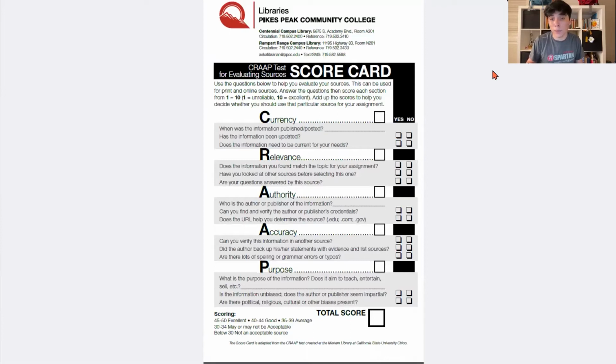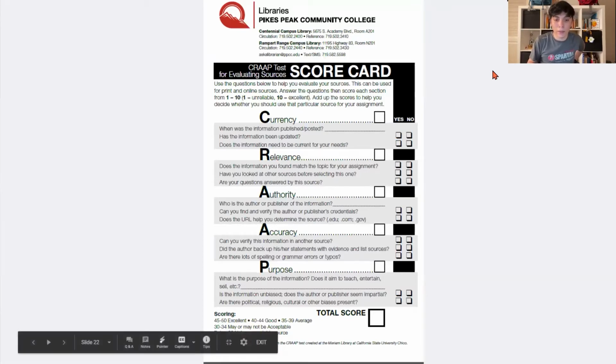And then if you think the currency is fine, you put a 10. The relevance is fine, you put a 10. If the authority is somewhat credible but not too much, you can put like a 6, 7, 8. Or if they're really bad and not credible, then you put like a 0 or 1, 2, or 3. Accuracy, again, you score it with what you think.